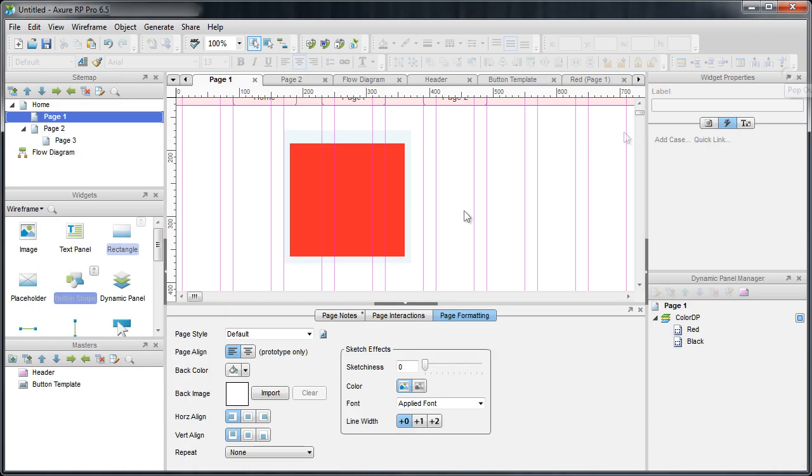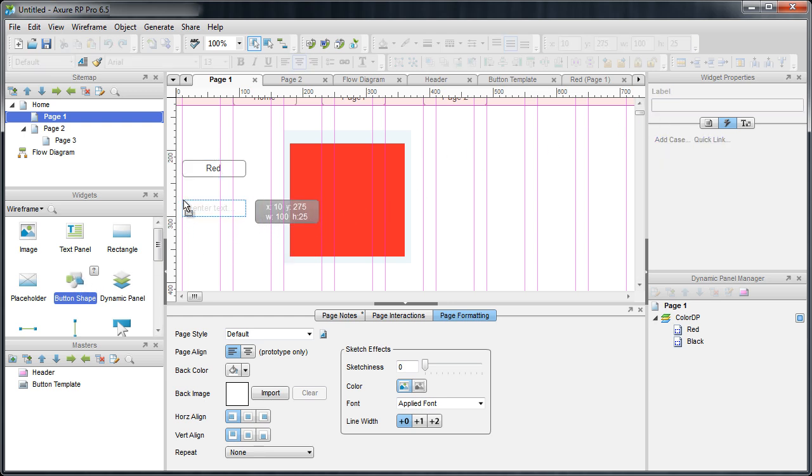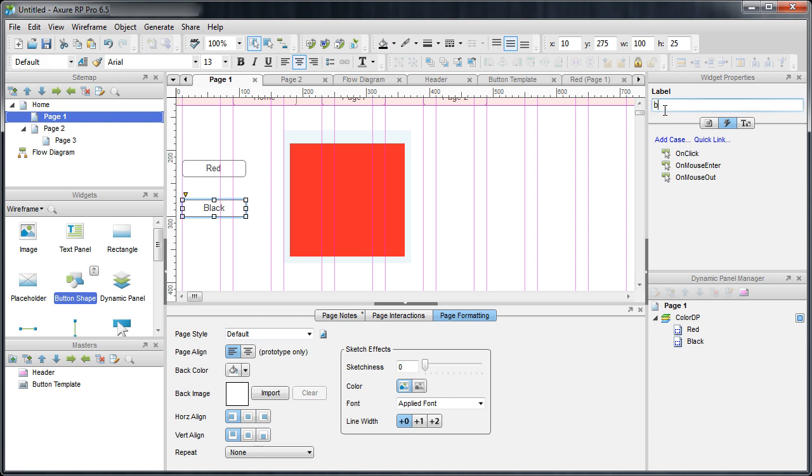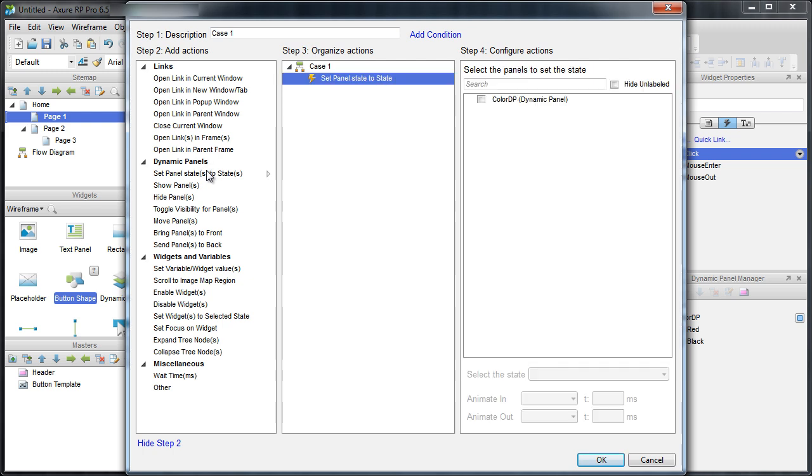Let's do that now. I'll add my first button to the page, double click, and then name this red with a label of red. I'll do the same with my black button. So I'll click my red button, and then I want an on-click event to occur. So I'll double click this to open my case editor. I know I want to alter our dynamic panel, so I'll look under this section. I want to change from one state to another, which is the first option. So I click that, and then I select which dynamic panel, which is my color DP,